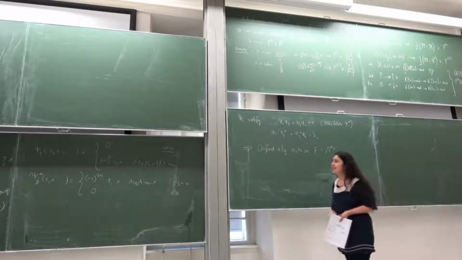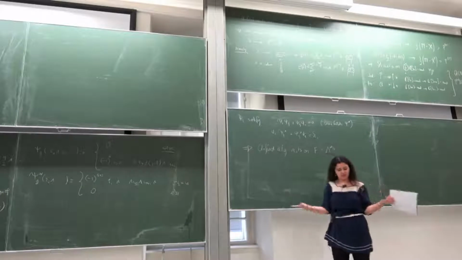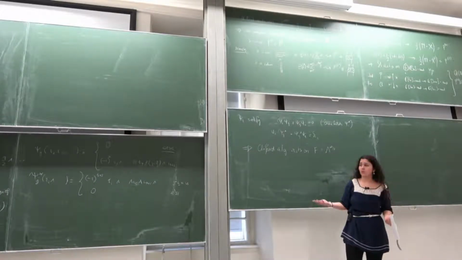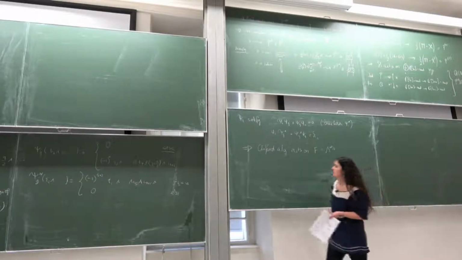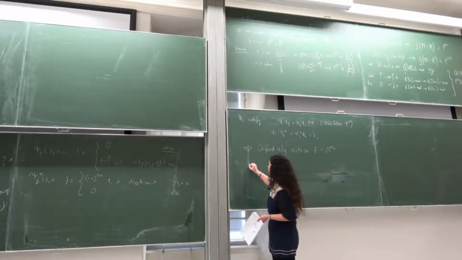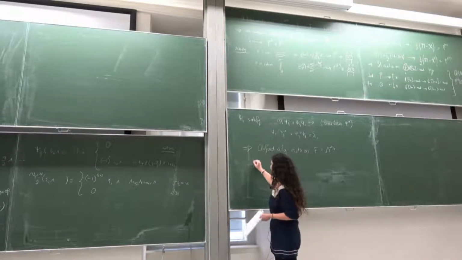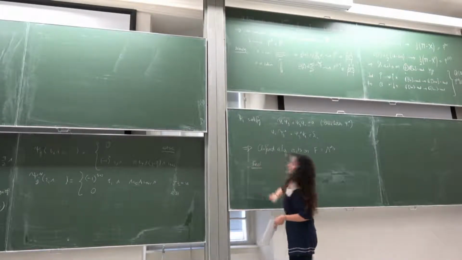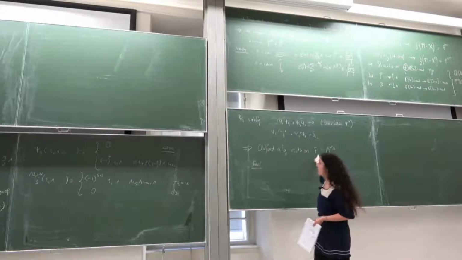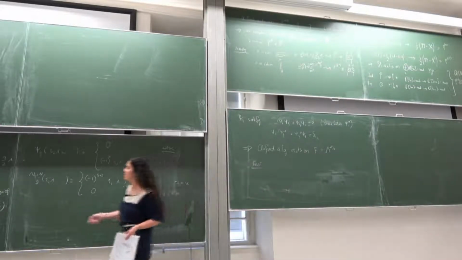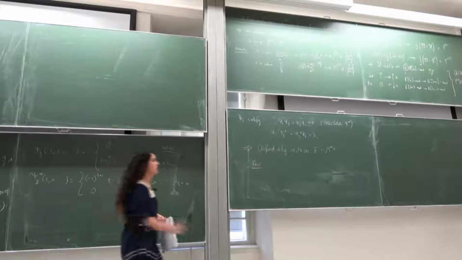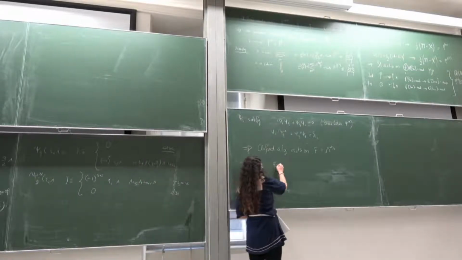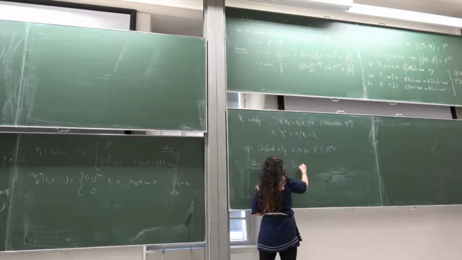So how do we relate this to the previous story? Suddenly, we seem to have two tales that have nothing to do with each other. One is acting on symmetric functions, the other one's on a semi-infinite wedge. What's the connection? Well, we have the following fact, which is that if we take each graded piece of these, so if we just consider the space spanned by vectors of this form with some specific charge, pick your favorite charge, it doesn't matter, call it FQ, this is actually isomorphic to the ring of symmetric functions,